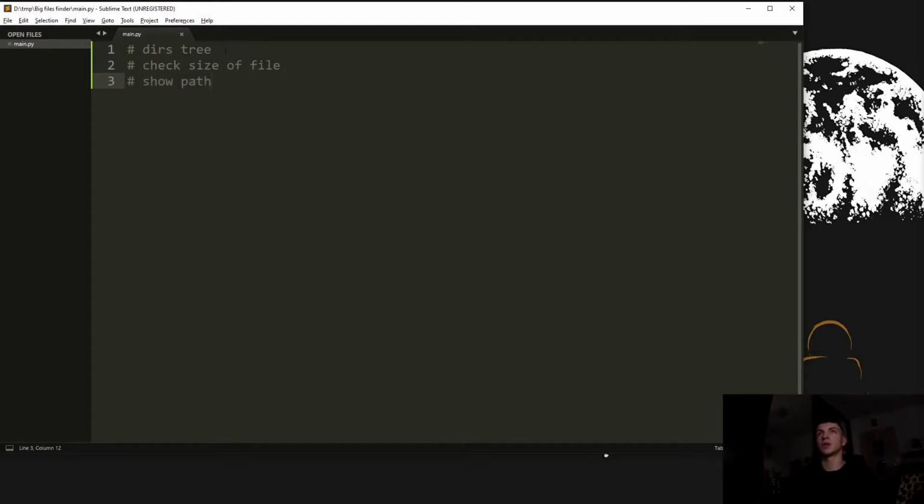So let's start by creating the tree of our dirs. For every root, dirs and files, we need to walk through the tree, and we need to use the function walk from the module os. So let's import os. Now we can access our method. So